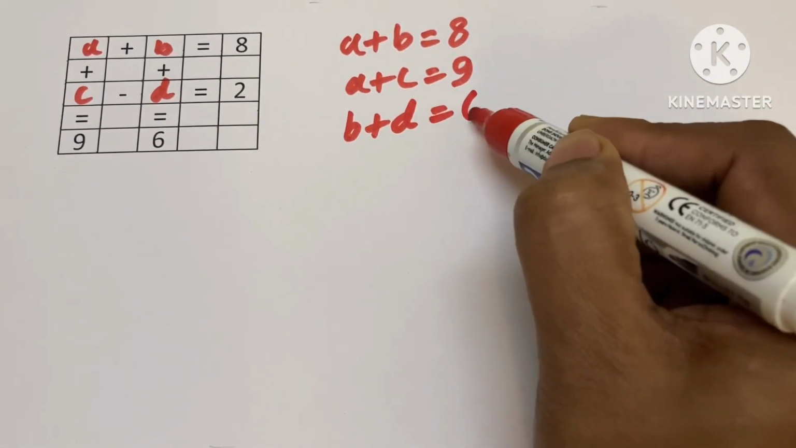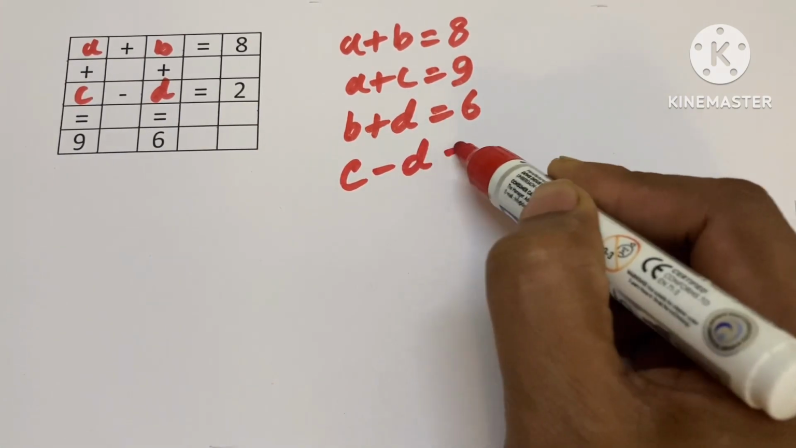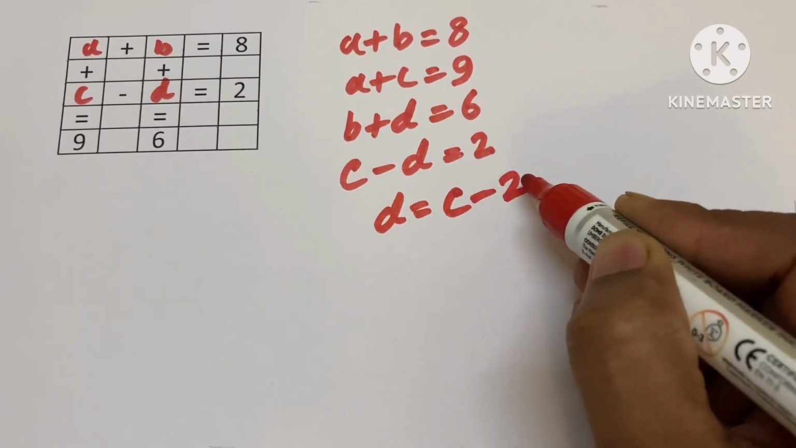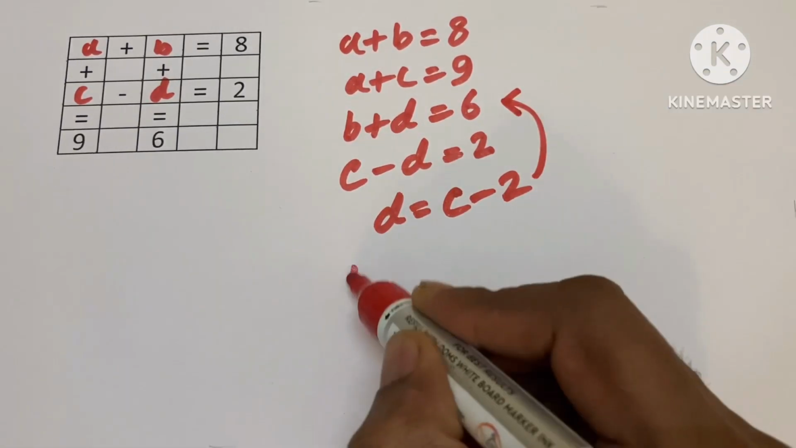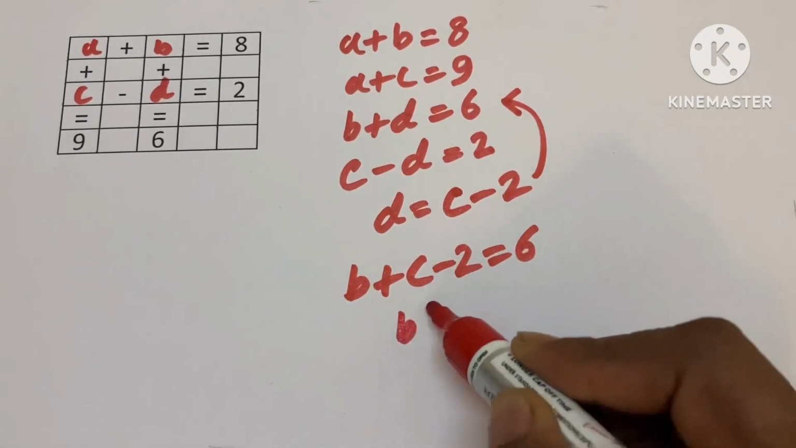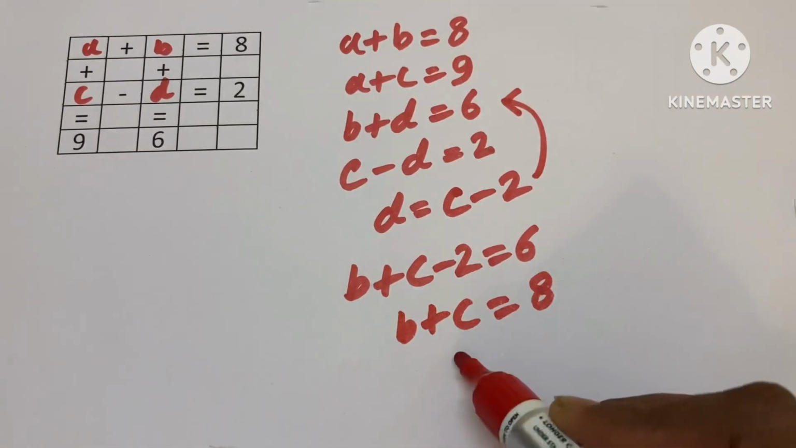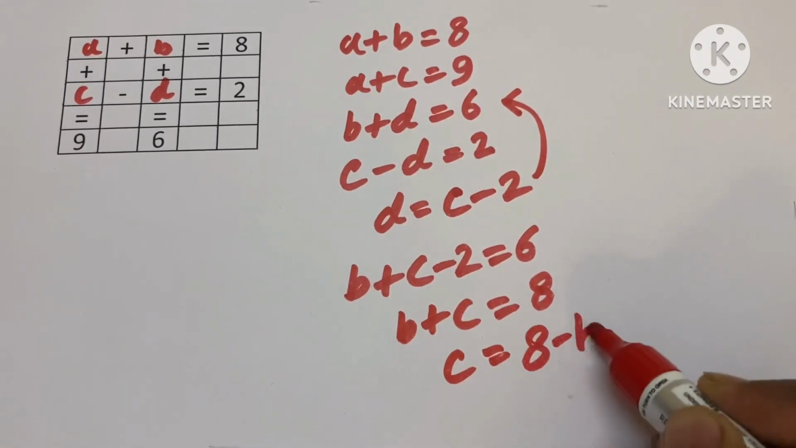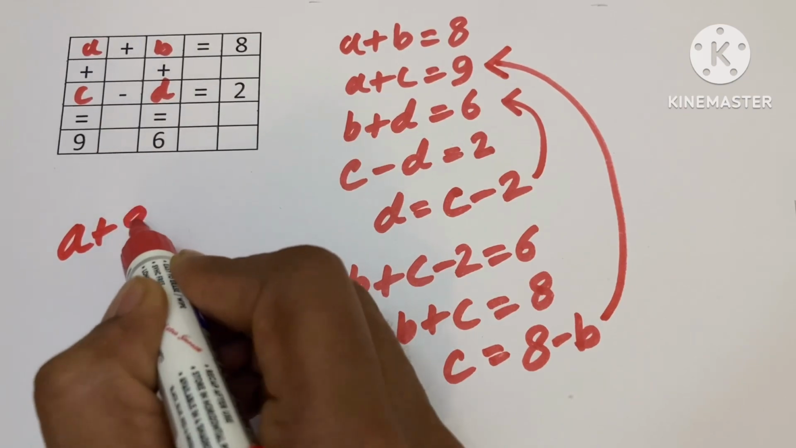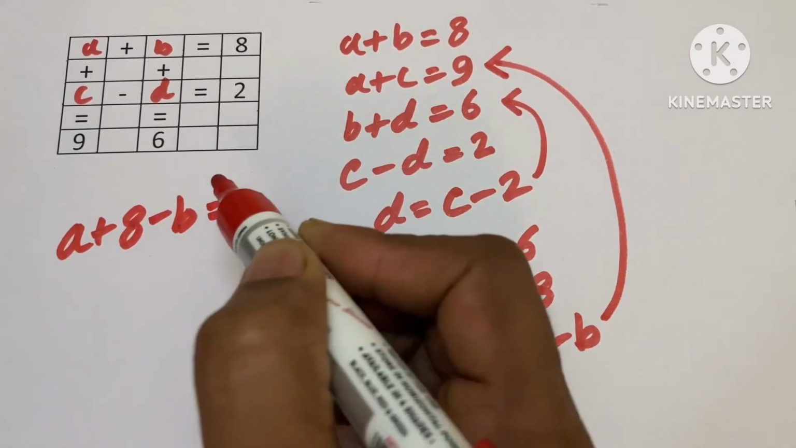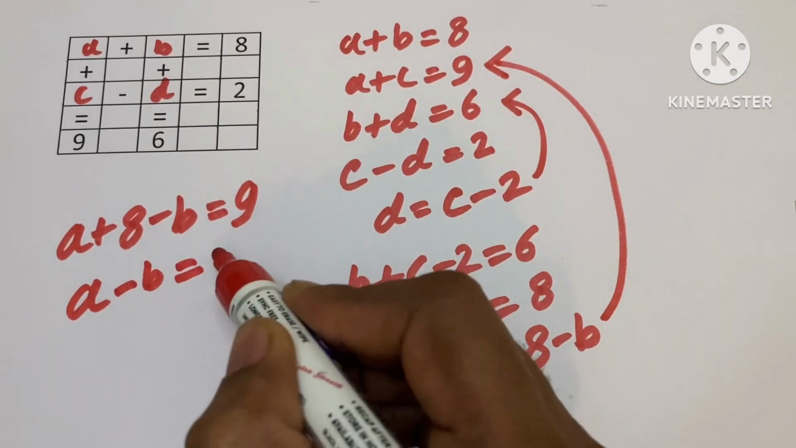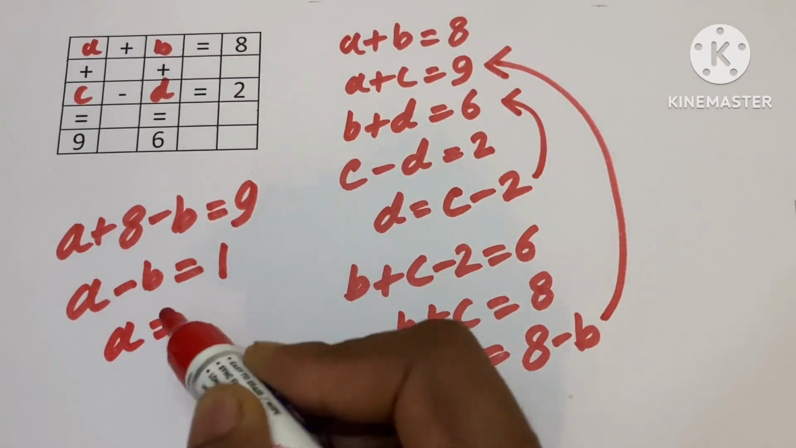= 6, c - d = 2, or d = c - 2. Replace d: b + c - 2 = 6, so b + c = 8, and c = 8 - b. Substitute: a + 8 - b = 9, a - b = 1, a = 1